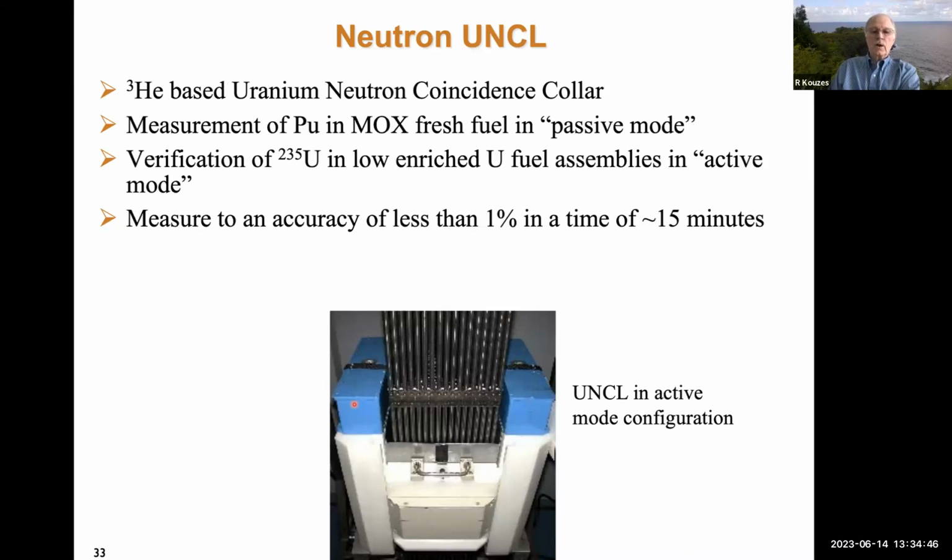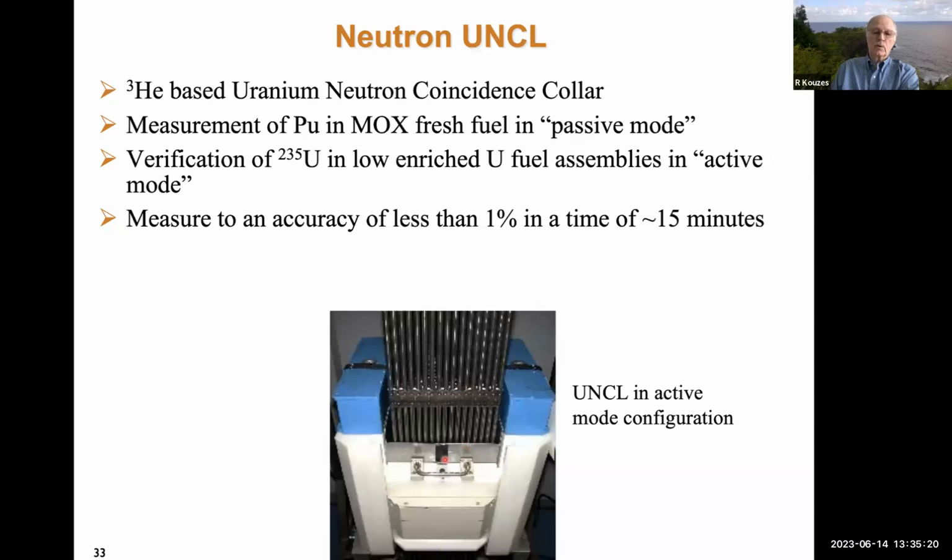The detector measures the gross number of neutrons, which is referred to as singles, and it also measures the coincident neutrons within a given time period, which is referred to as doubles. So this measures singles and doubles. And from that, the detector can determine in about 15 minutes to 1% accuracy that the fuel assembly contains the material as declared. For uranium fuel, since uranium emits fewer neutrons by about a factor of 10,000 or so,